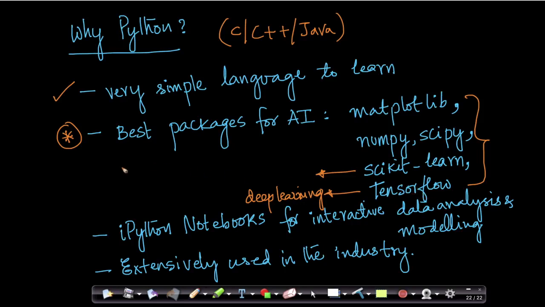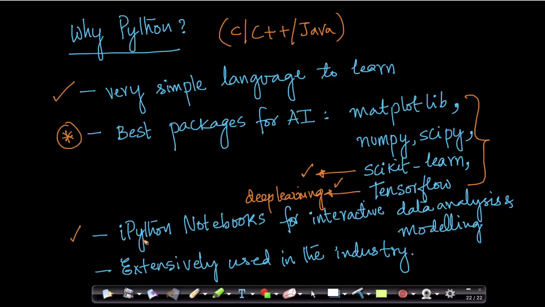So because we have all these packages, it's much, much simpler to do machine learning or AI coding in Python because you don't have to implement all of the intricate algorithms. For example, most of the important algorithms that you come across, you either find it in scikit-learn or TensorFlow, or you'll find some open source code written in Python. And Python is one of the more popular languages for AI and machine learning. So it's very easy to get code for a new algorithm in Python.